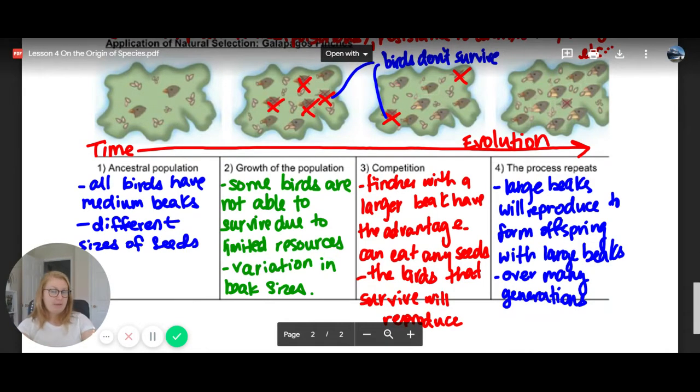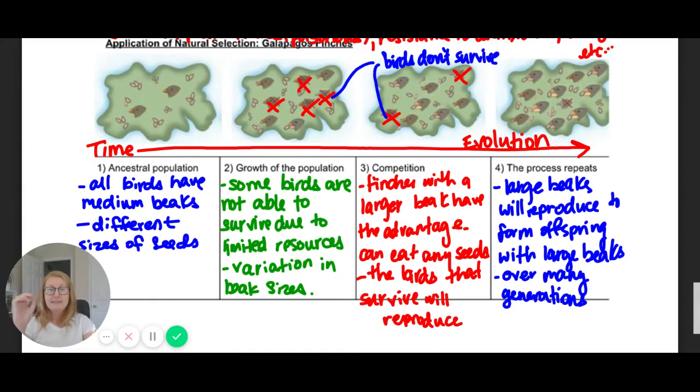Now, when they arrive at the Galapagos on the different islands, they're going to have availability of lots of different types of seeds. So you can see the seeds are large, small, medium, and so forth. Now, imagining, and of course, this is an oversimplification, we start off with a small population. Over time, of course, that population is going to grow because those individuals will reproduce. Now, if you notice really closely in here, some of these new population are going to have variation. Some will have larger beaks, some will have smaller beaks, some will have medium beaks, and so forth.